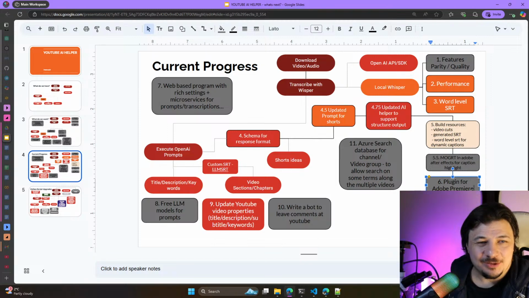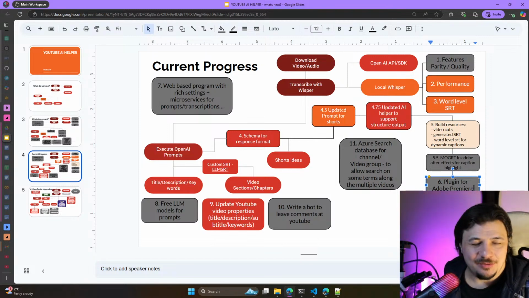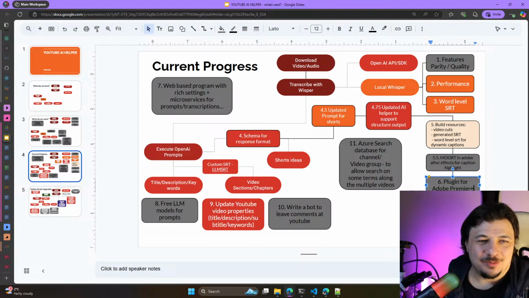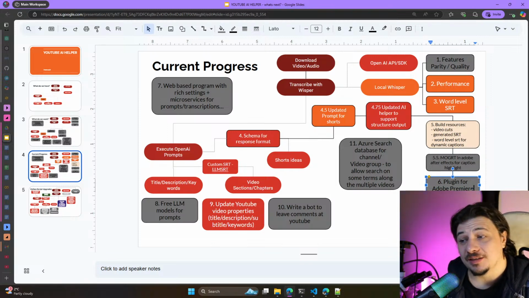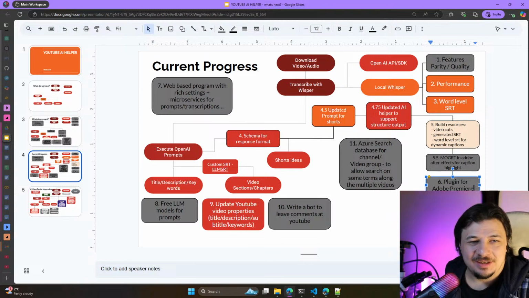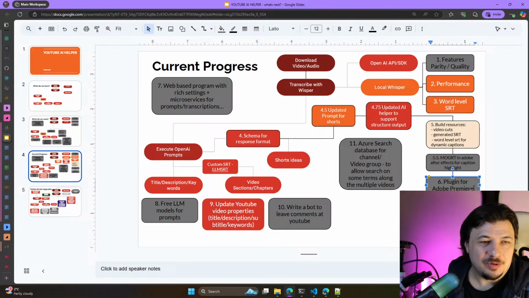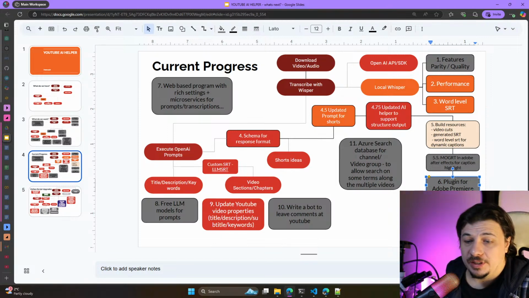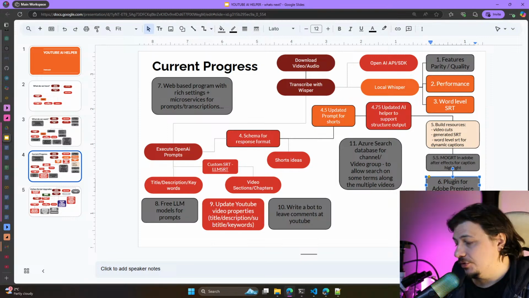We already could split shorts into proper chunks of video, but we still want to add some captions with highlights, and it's easy to do because we have a word-level SRT transcript from Whisper.